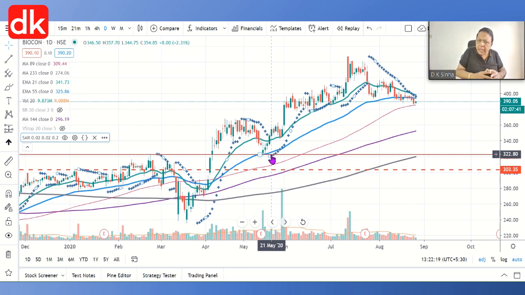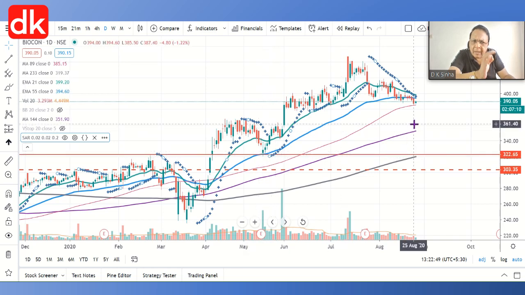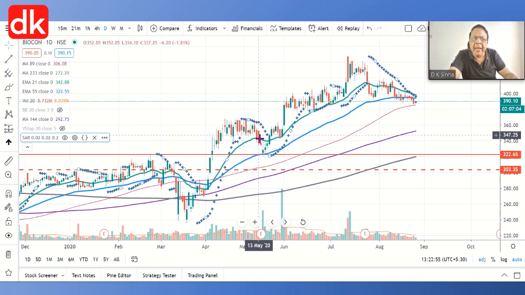If you have knowledge of other technical studies and you are good at technical analysis, you would have made the entry at around 336. However, since you are not able to understand other aspects of it, and are only able to identify the market phase and prevailing trend, you will enter at a price of 349, 350 level. The moment the first dot appears here, it is a bounce back from a critical moving average, EMA 55. The price has gone past EMA 21, so you make an entry at 350.